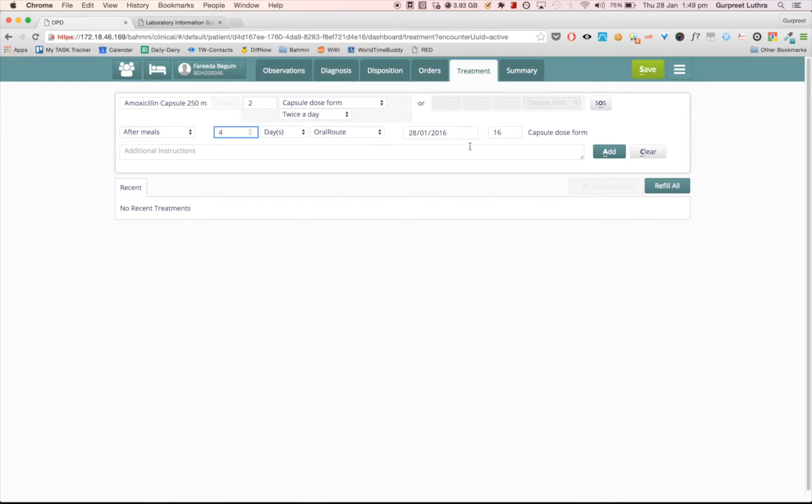So 4 days only. And here you can also specify when you would want the medication to start. Since this patient is right now suffering from pneumonia, the patient should start it right now. But in other cases, the doctor might want to say start having this after a week, in which case you can specify a different date over here. I won't be doing it in this scenario. And as you can see, this field over here is auto calculated based on 2 capsules twice a day for 4 days. So the patient would have to buy a total of 16 capsules